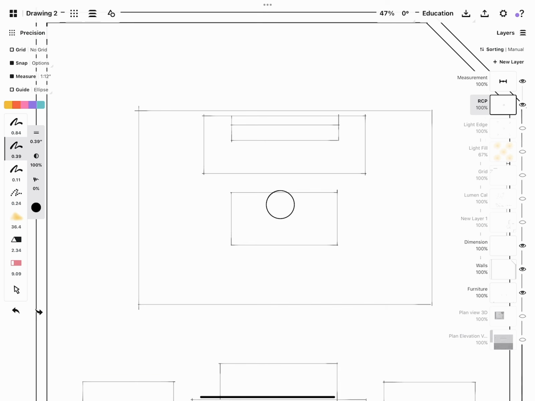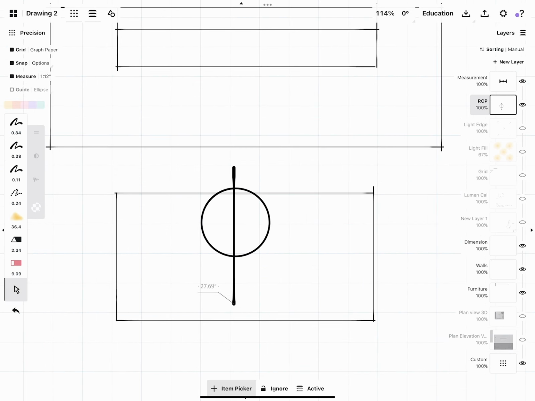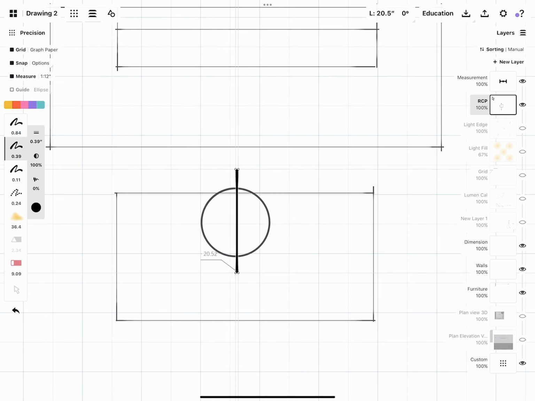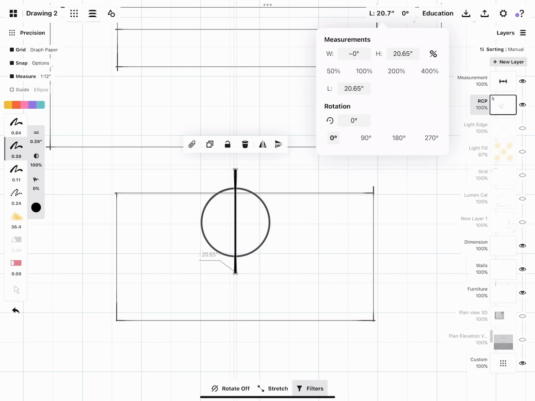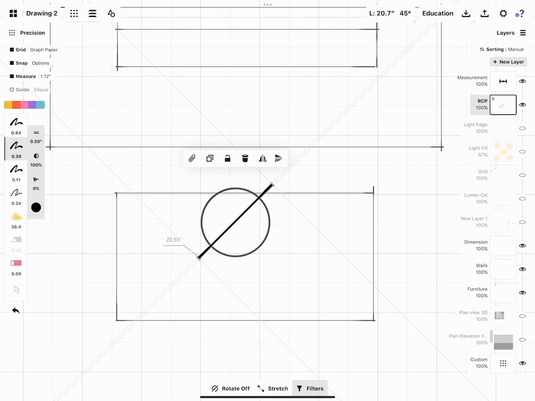Oh, it did not snap. There it is. So I can select this line. Don't rotate. I make this a little bit smaller, and then I would like that to be rotated by 45 degrees. Very good. Copy, mirror over